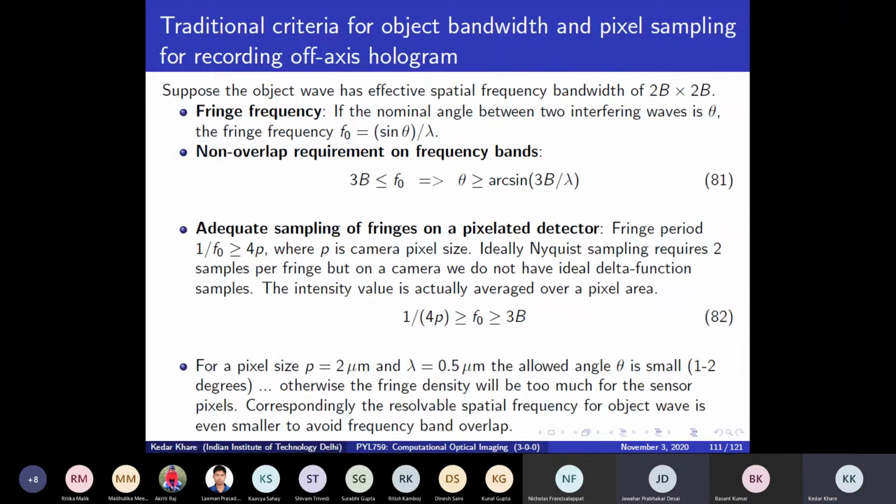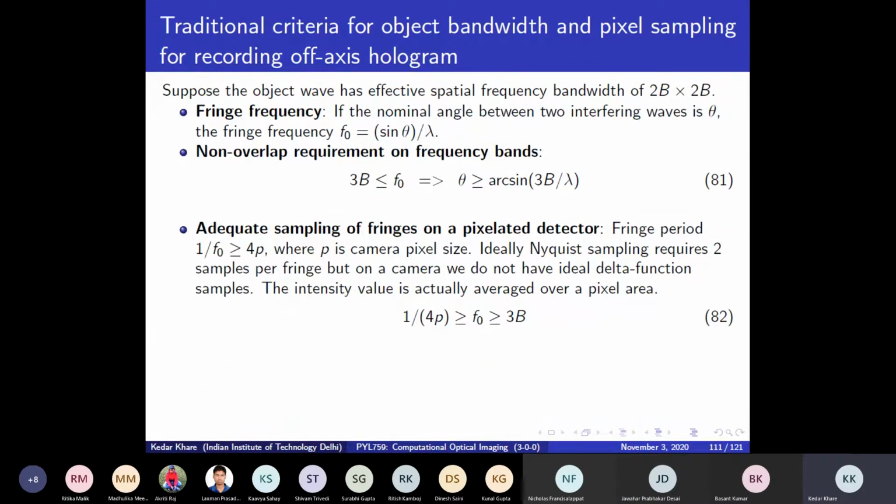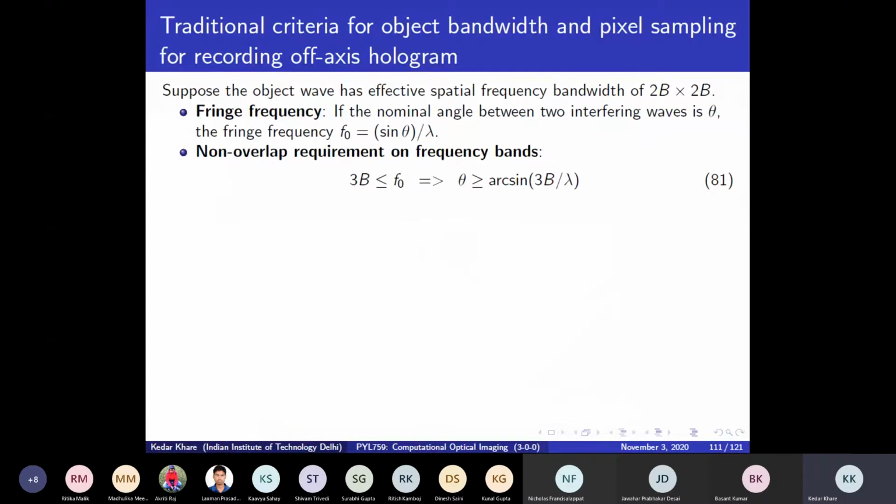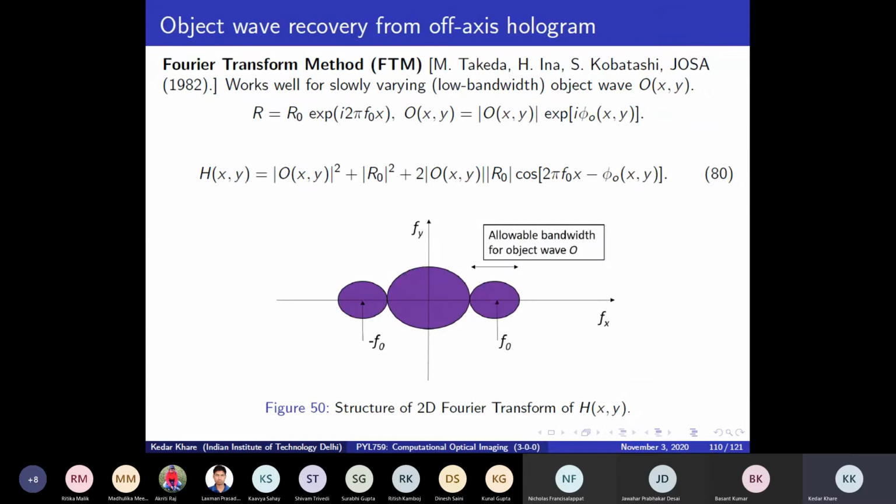Yeah, so the last point is, look at it this way. We now have two limits. The first limit is that, because of this Fourier space picture, my theta, which is the angle between the object beam and the reference beam and decides the spatial frequency, has to be large enough so that these different lobes do not overlap. If they overlap, what is the problem? What happens? They get distorted in the region where they overlap, something like that.